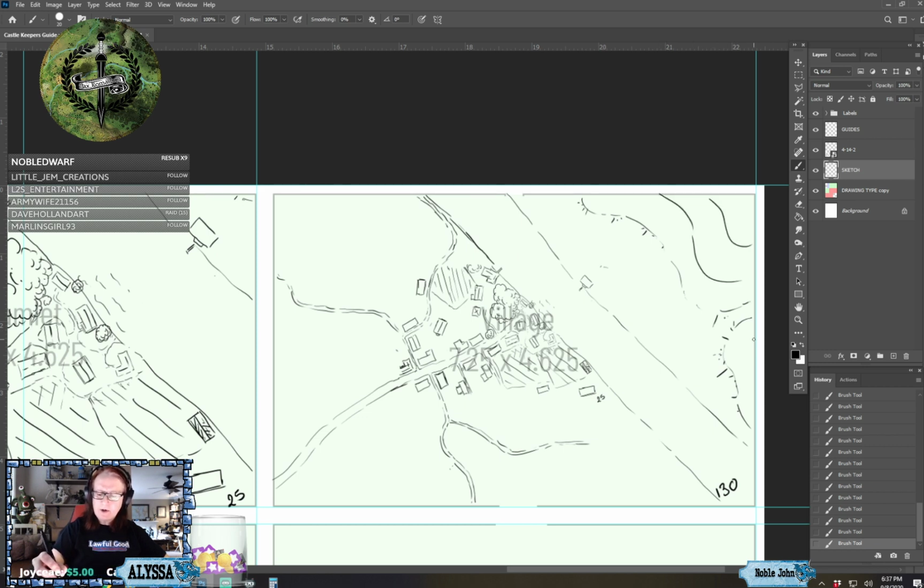We get some contours going on, and maybe that will allow us to throw a windmill up the top here. That will allow us to actually have an excuse to bring down a path, and then maybe that is going to...